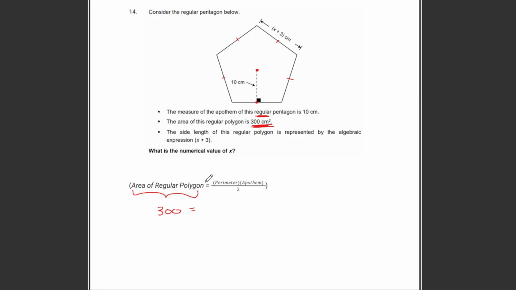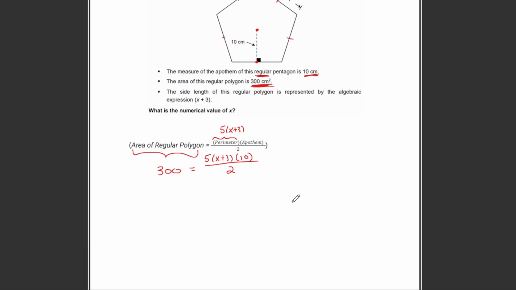And remember, multiplication is just repeated addition, right? So instead of finding the perimeter by adding x plus 3 to itself 5 times, I'm just going to say the perimeter is 5 times (x plus 3). So I've got 5 times (x plus 3) times the apothem. They gave that to us. It's 10 centimeters. And then divide that by 2. Okay? Now, let's deal with our numbers real quick. Okay? I know 5 times 10 is 50. Okay, so I've got 300 is equal to 50(x plus 3) over 2. Right? I know 50 divided by 2 is just 25, so I've got 300 is equal to